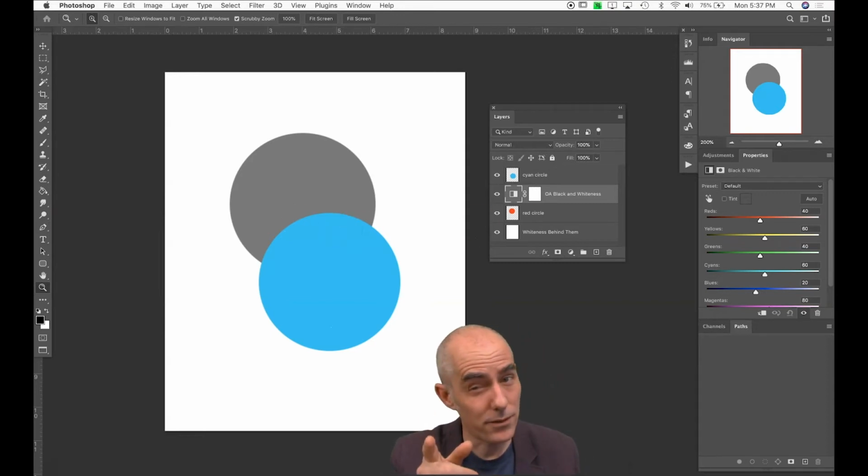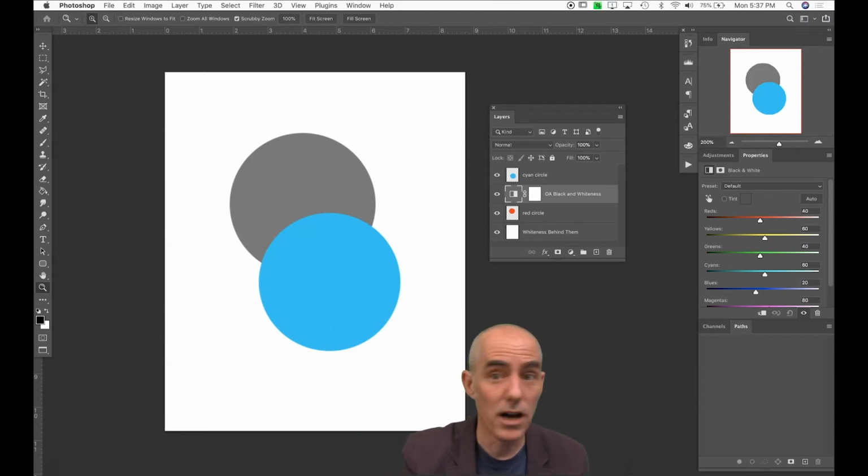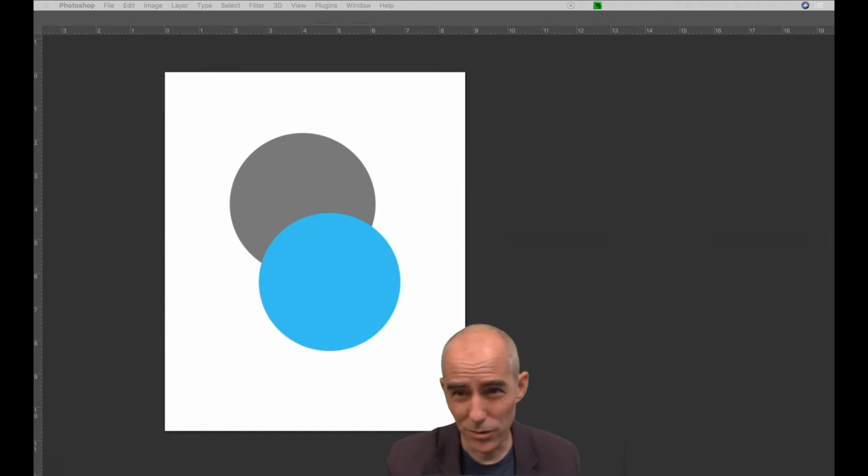Now, it does affect the white background, but since the white background is already not a color, it's just white, visually we do not see that. So that's not usually what we're going to do. Usually we're going to be working with pictures. So let's go ahead and look at an image